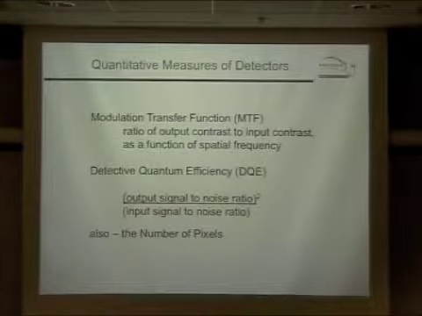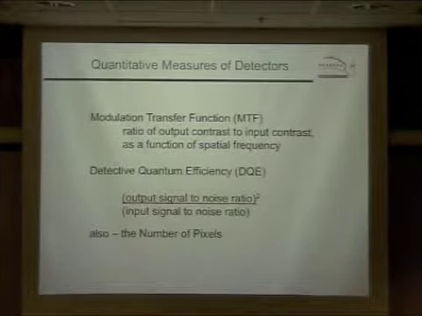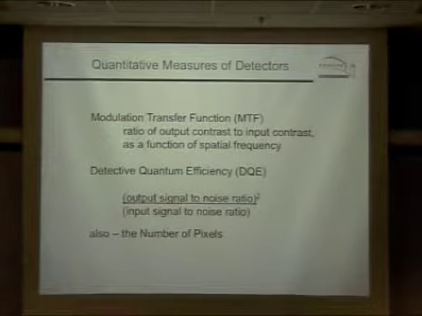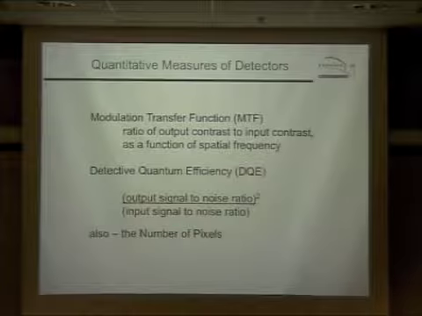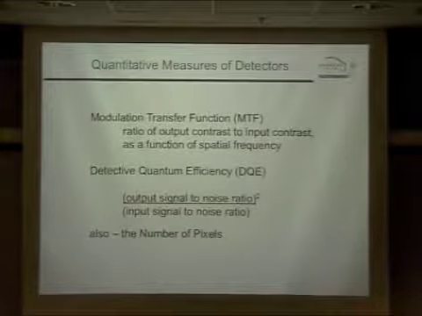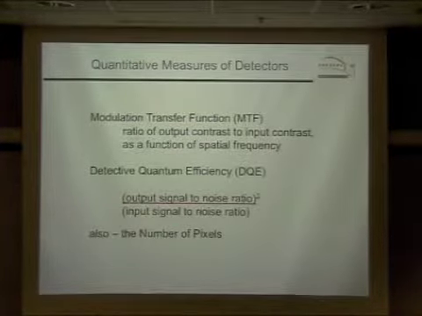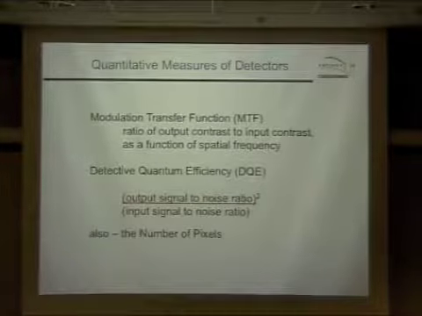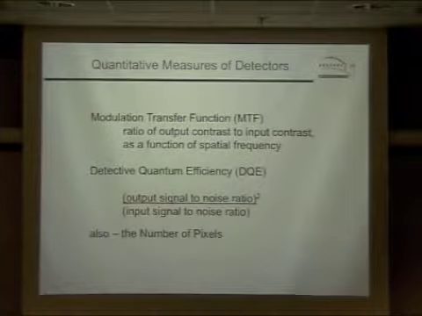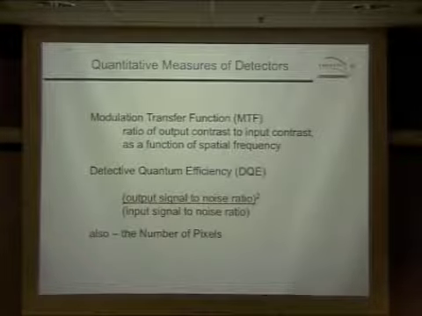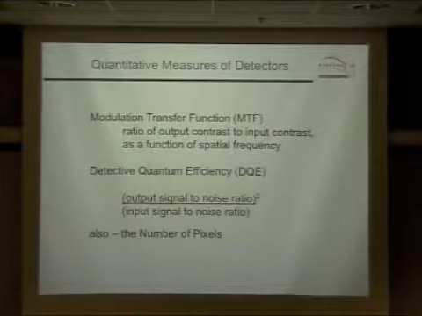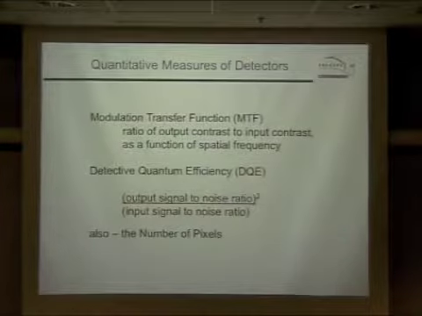In fact, you can write an equation where the DQE is defined by the MTF divided by the dose, perhaps with another factor in there, but the dose actually, in the context of what we do mostly, gives you the signal to noise ratio in a system that's shot noise limited, where the noise is proportional to the square root of